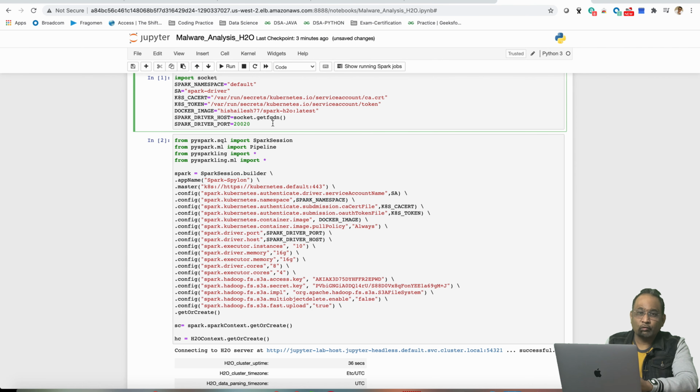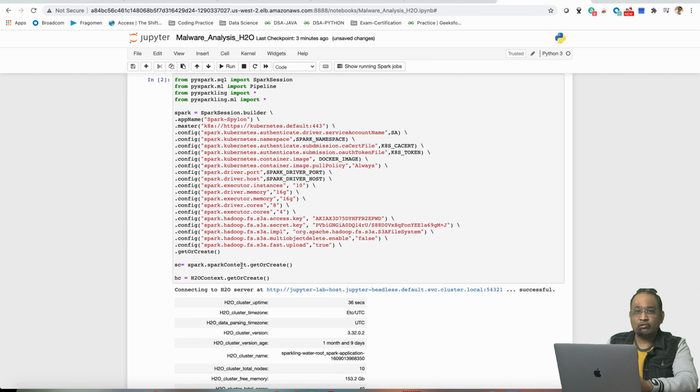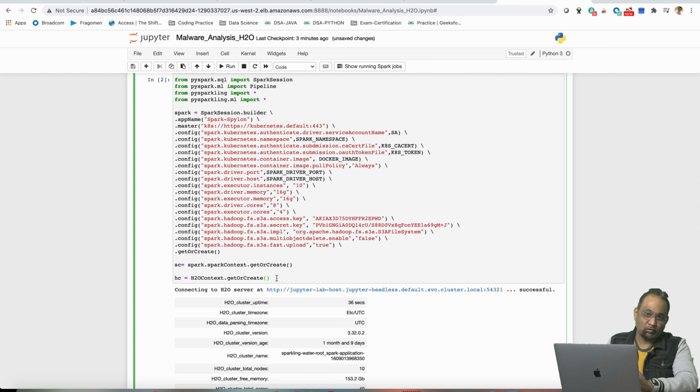Let's have a quick walkthrough of this notebook before executing each cell. Cell 1 is to declare the generic constants we would be referring to in the notebook, like image name, certificates, etc. Cell 2, as usual, initializes the Spark context, but this time along with the Spark context we are also initializing the H2O context.